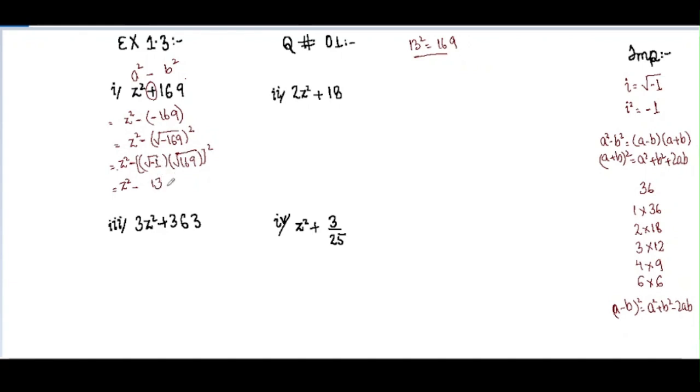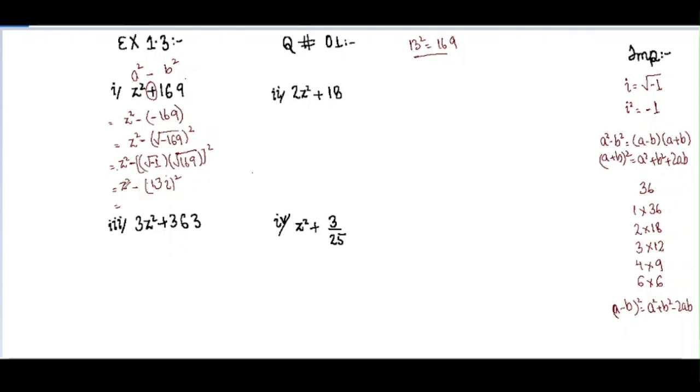Under root of minus 1 gives us iota. How do we get that iota equals square root of minus 1? I've written it over here. We all know this is a very basic knowledge of complex numbers, that iota equals square root of minus 1, and when we take square on both sides it becomes iota square, and this term becomes minus 1. So coming back over here with a whole square, this square is never to be forgotten.